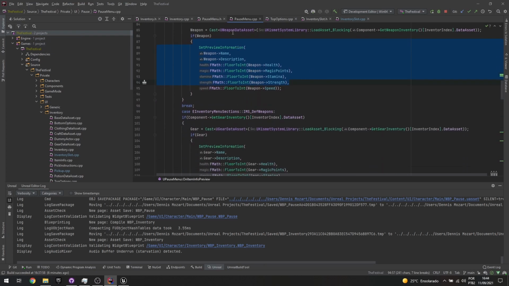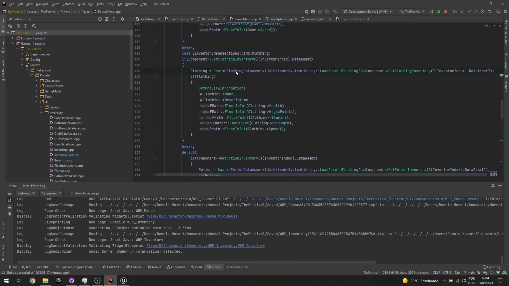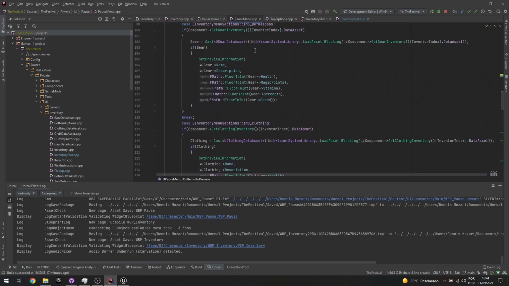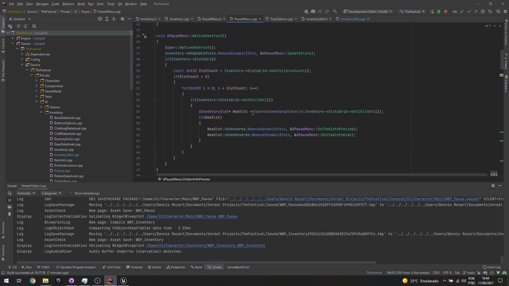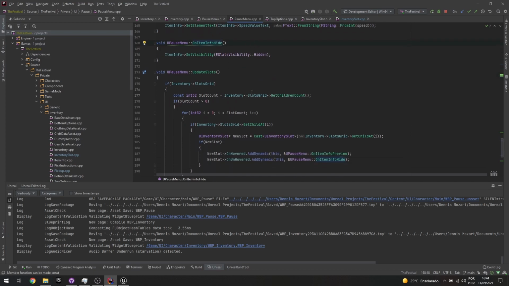So if it's a weapon, set whatever weapon data is. If it's a gear or a shield or whatever, set whatever information of that gear. If it's clothing, set whatever clothing information. If it's a potion, set whatever potion information is. And whenever I am also broadcasting the unhover, since that unhover doesn't have any parameters when I declared it,